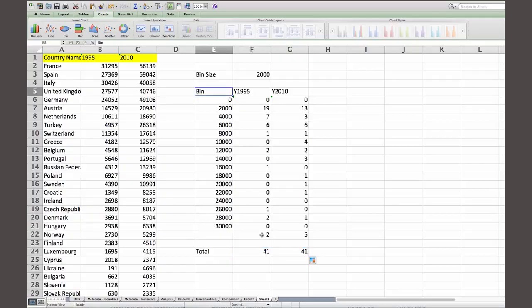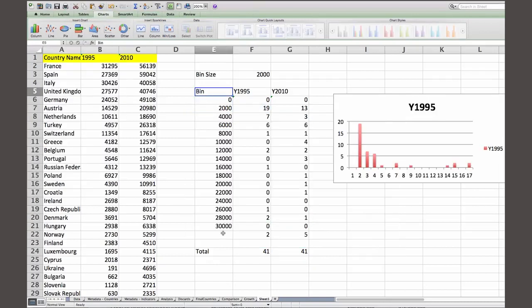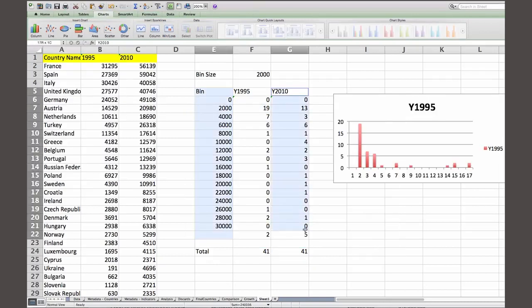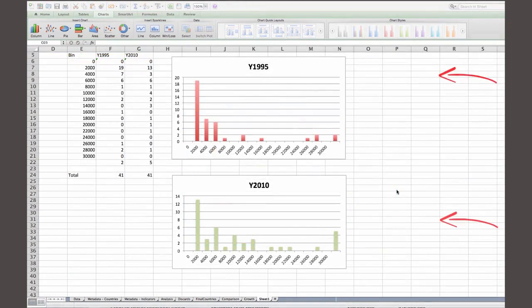What I'm left with is having to create histograms or column charts. So you have two histograms on the screen now. I've gone ahead and cleaned up these histograms by changing the axis labels and so on. Hard to spot a difference.